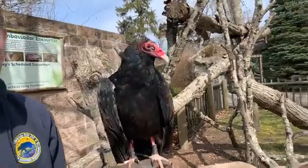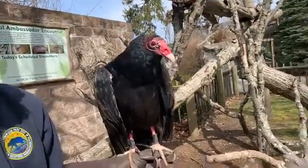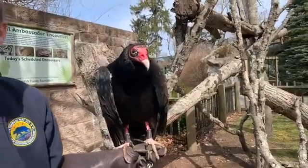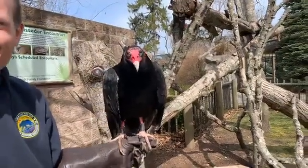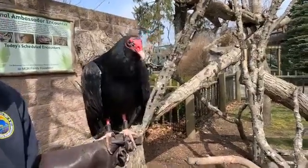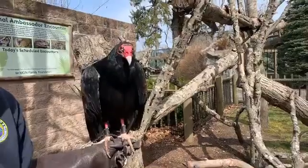Caleb, age 9, wants to know, what is their wingspan? That's a great question. His wingspan is going to be between 5 and 6 feet. So the perfect distance to stand apart from one another. So if you want to practice some social distancing, just think of one turkey vulture's wingspan apart. Okay, so